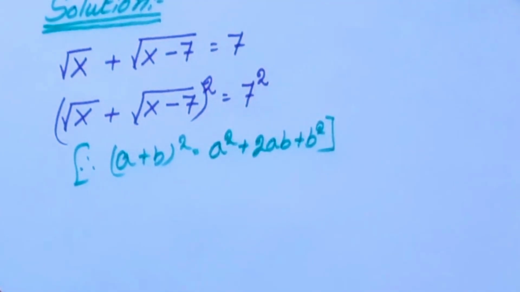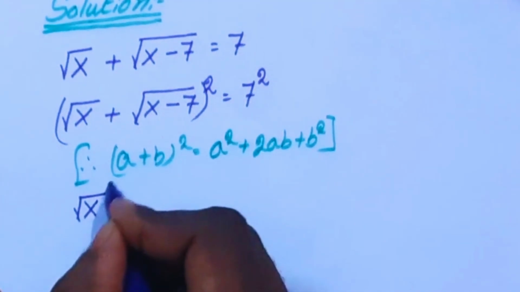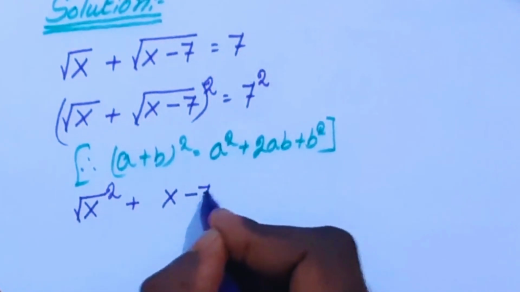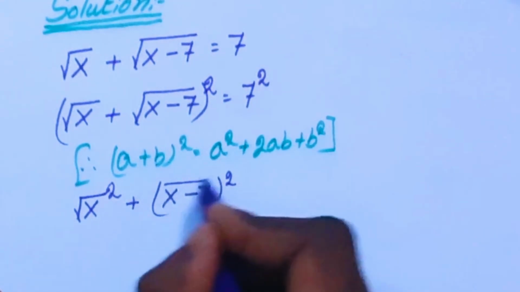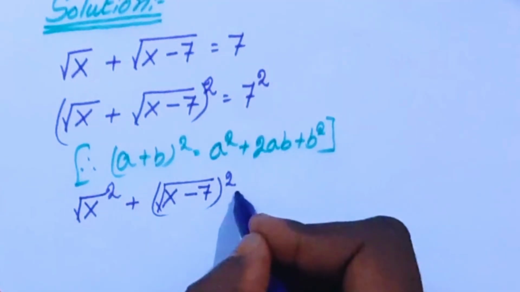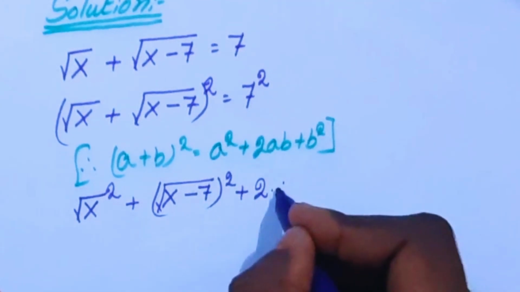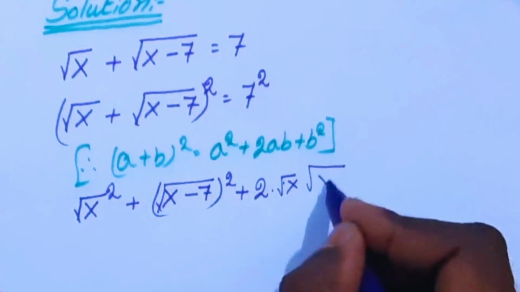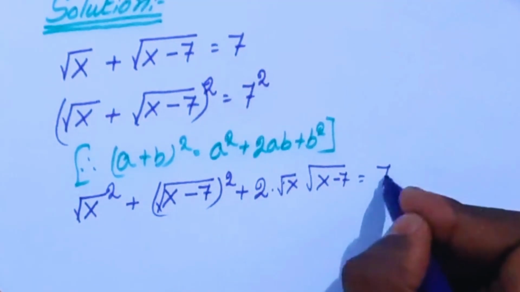So (square root of x) square plus (square root of x minus 7) whole square plus 2 times a, which is square root of x, b is square root of x minus 7, equal to 7